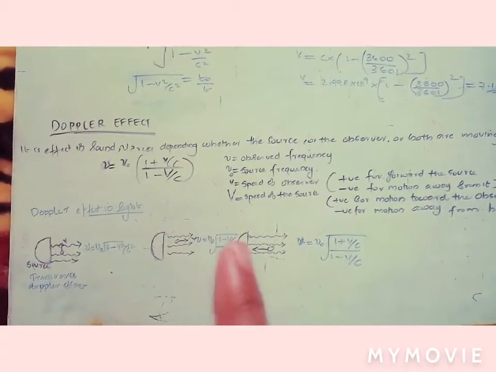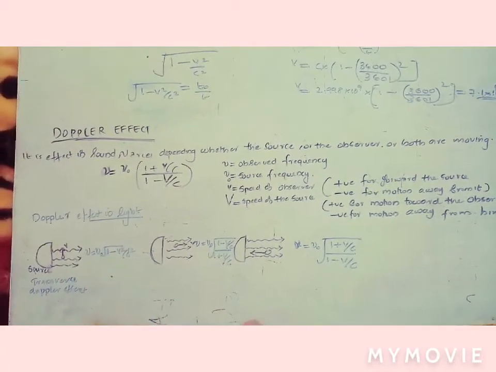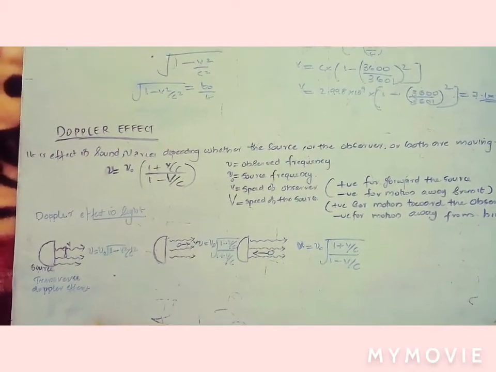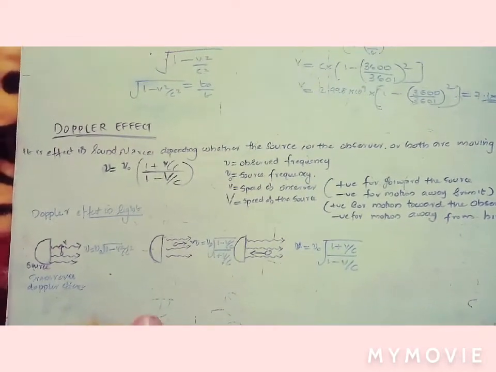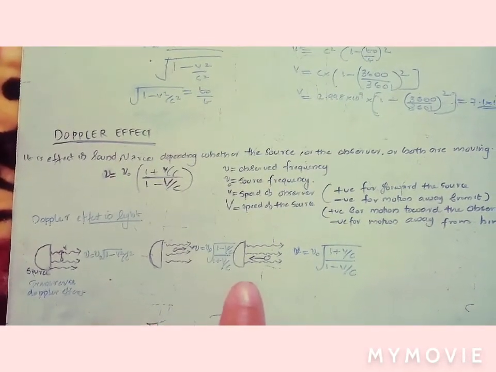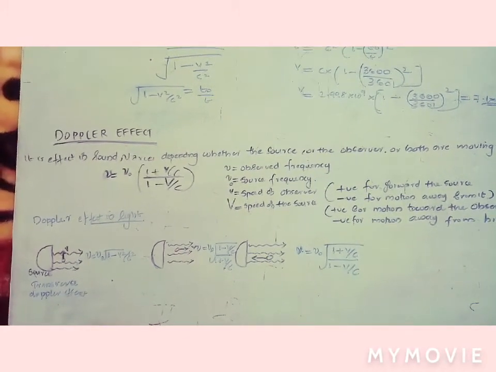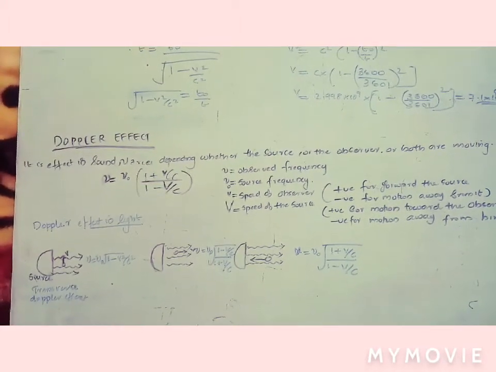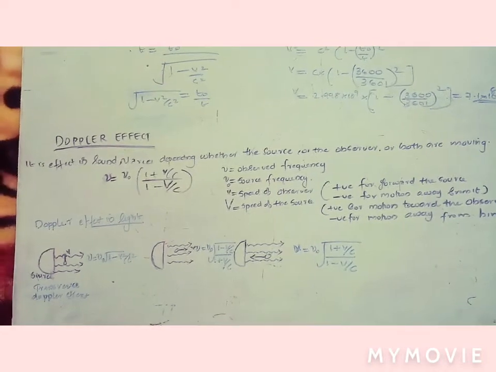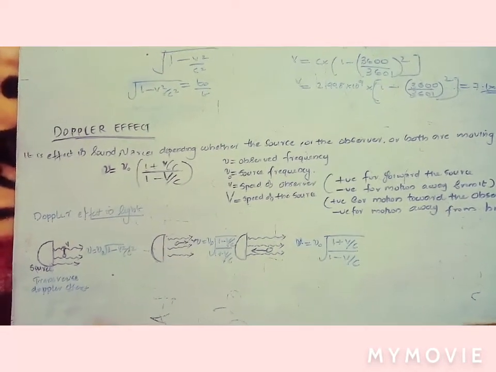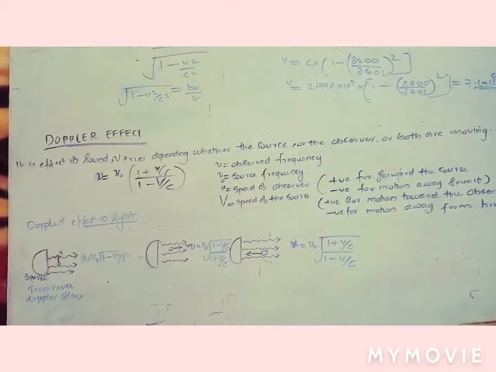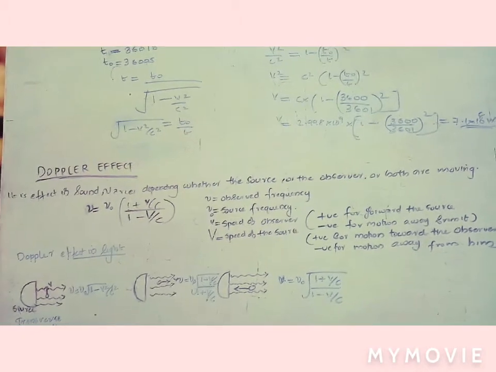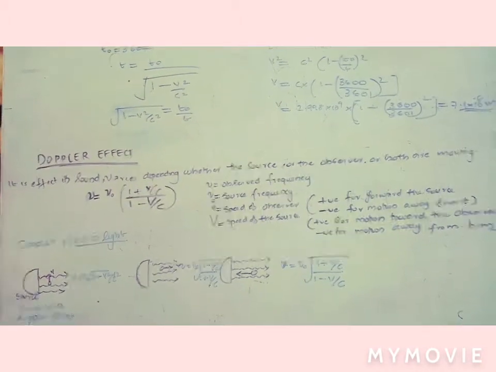And we have two conditions. If we consider a source and observer receding, or moving away from the source, then nu is equal to nu 0 times the square root of (1 minus v by c) divided by (1 plus v by c). And if you consider the observer moving towards the source, the frequency is increased, that is nu is equal to nu 0 times the square root of (1 plus v by c) divided by (1 minus v by c). So we have to learn these by heart, or we have to understand these things.